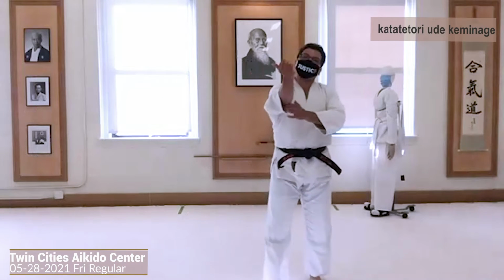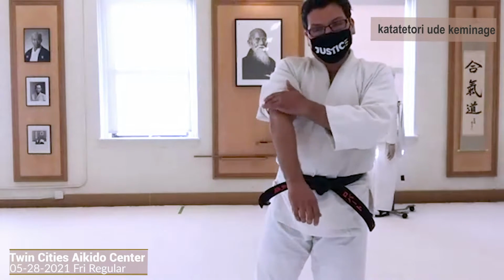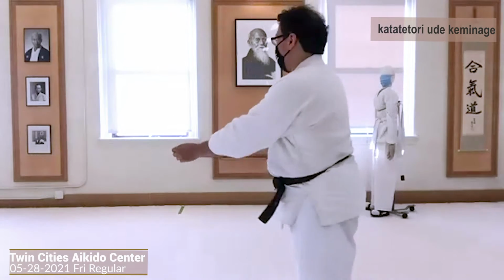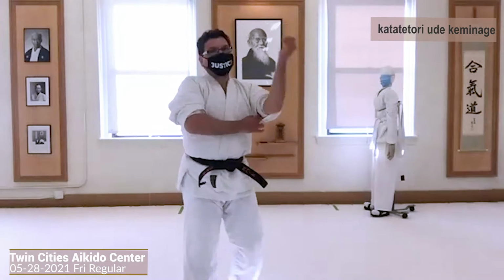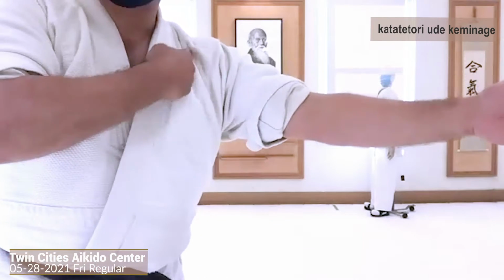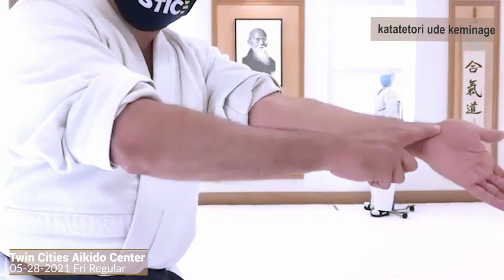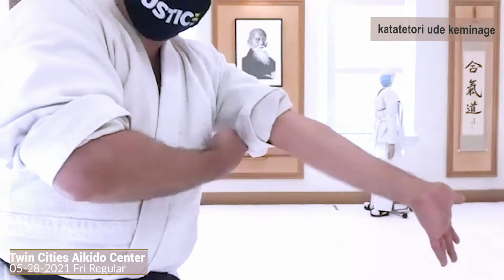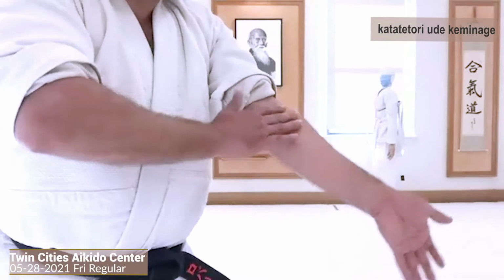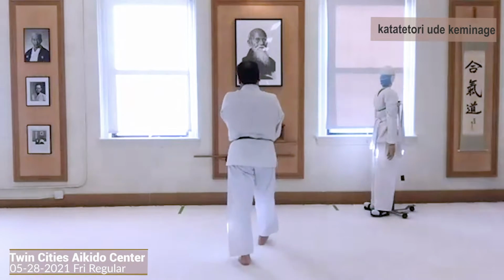Next one is ude keminage, the under the arm seizing kime nage throw. Okay, so when this is normally done, your partner's arm will go between your elbow and your shoulder. This little spot right here, kind of where that tricep is, in that general range. There, you'll be bringing your wrist down as they're putting pressure behind the elbow, hyperextending or encouraging you to move forward, okay? So with the Jo, to represent that,